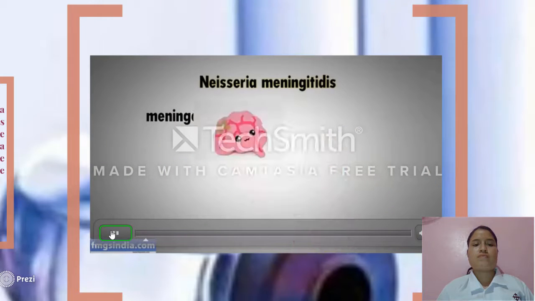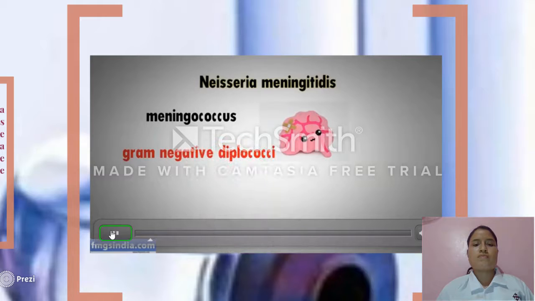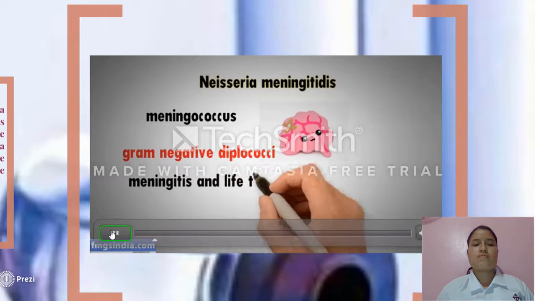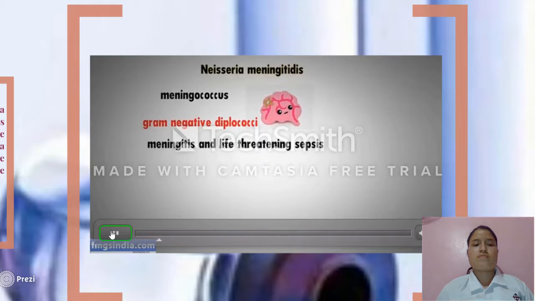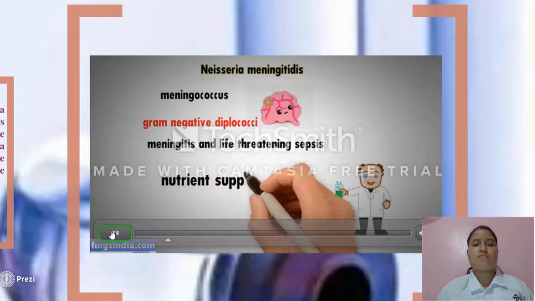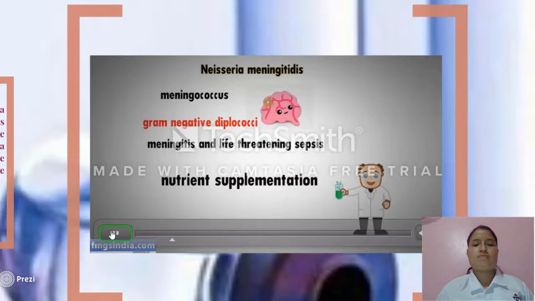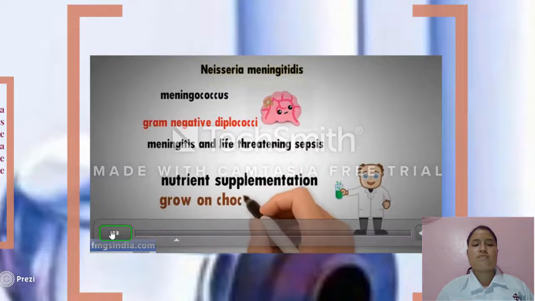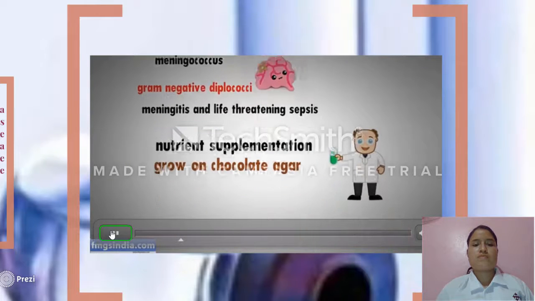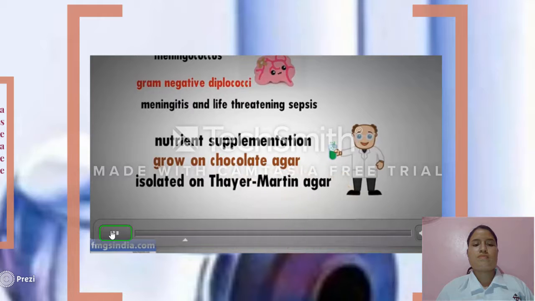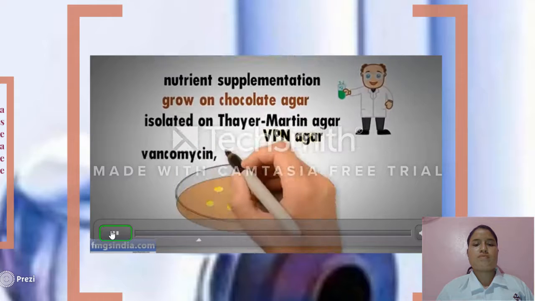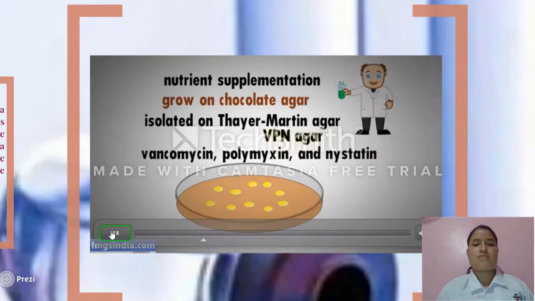Neisseria meningitidis, often called meningococcus, is a gram-negative diplococci that can cause meningitis and life-threatening sepsis. Neisseria are fastidious organisms that require nutrient supplementation to grow in laboratory cultures. Specifically, they grow on chocolate agar and can be isolated on Thayer-Martin agar, sometimes called VPN agar: Thayer-Martin agar, polymyxin and nystatin, along with other nutrients that facilitate the growth of Neisseria species, while inhibiting the growth of